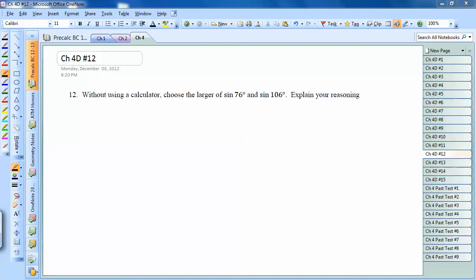Okay, so choosing the larger. There were a lot of small errors in the reasoning people used when I was going over the homework, which is part of the reason for making this video. But